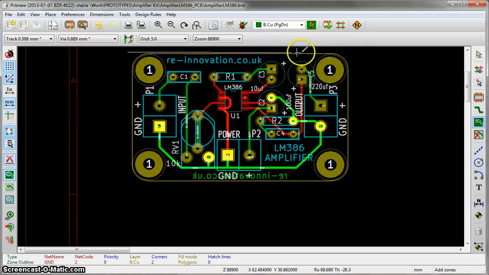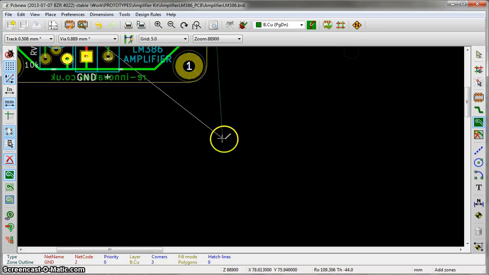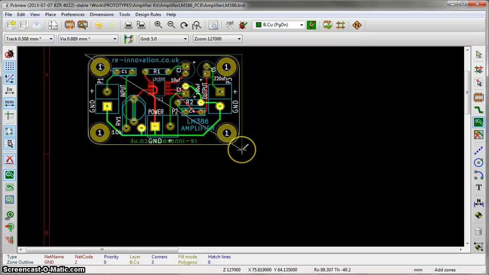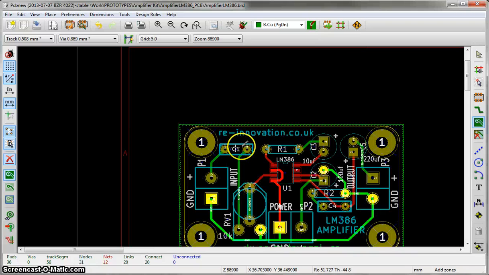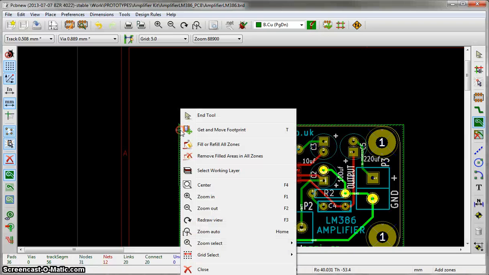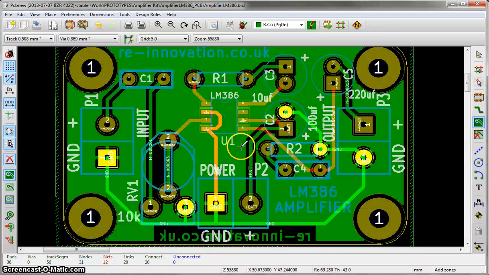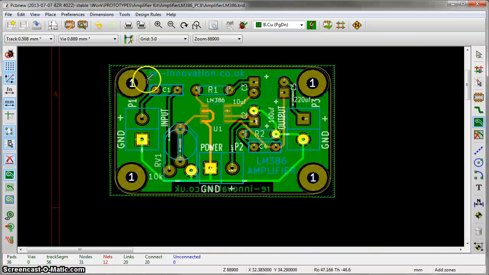If you click on OK, it starts to create this box which we can keep moving round all the way around our circuit. Outside of the edge cuts is best. And then we get this kind of hatched line on the side. That means that this is a filled area, but we haven't actually done the fill yet. So what we need to do is, on the filled area, we need to right click and do fill or refill all zones. So let's try that, and you can see now it's laid down a whole load of copper